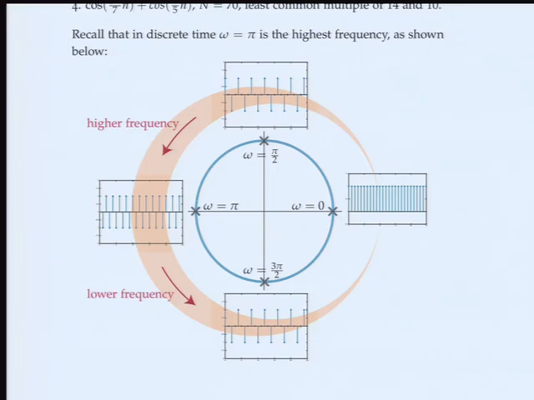So in discrete time, if I give you cosine omega 1 t, cosine omega 2 t, and tell you omega 1 is bigger than omega 2, that means nothing, right? You just have to compare them relative to pi. Okay, so in addition to saying this to yourself before sleep, take a look at this picture before sleep. Yes?